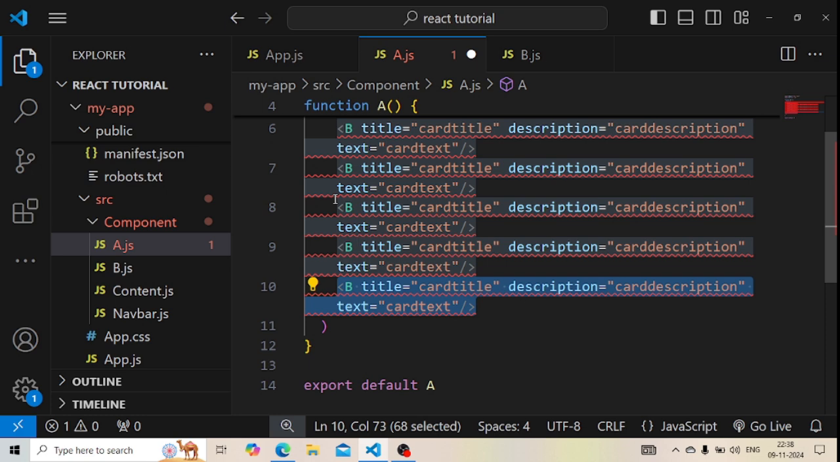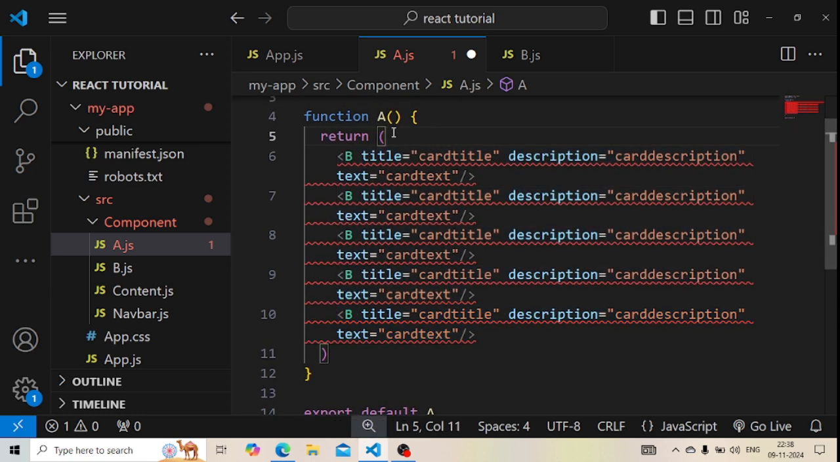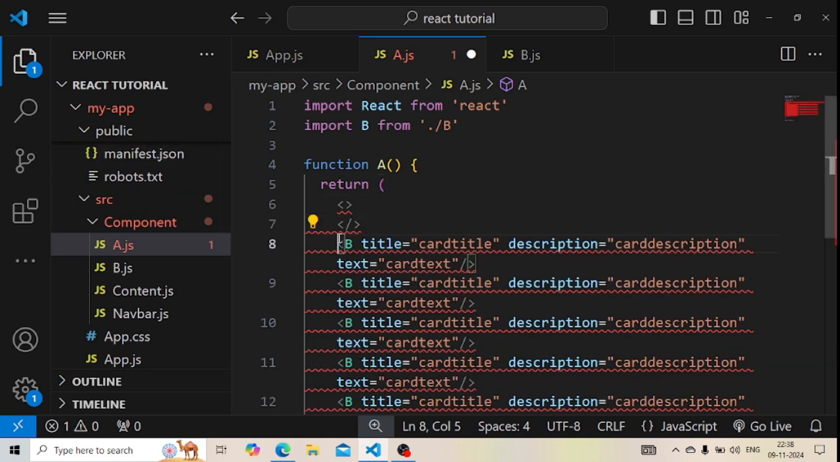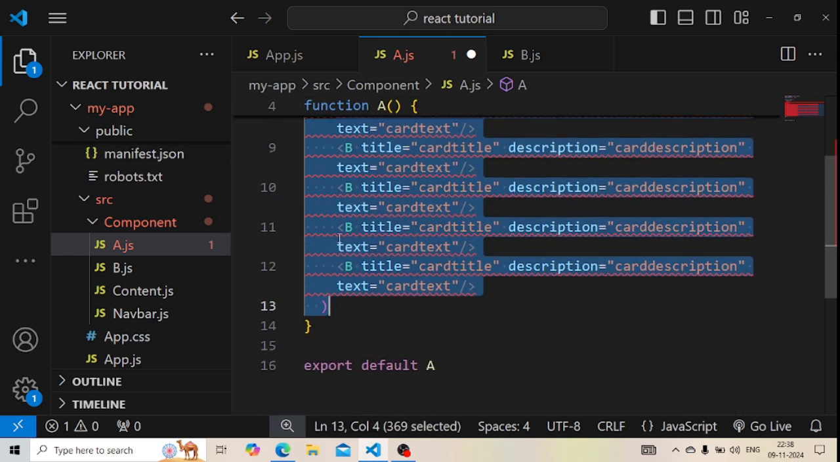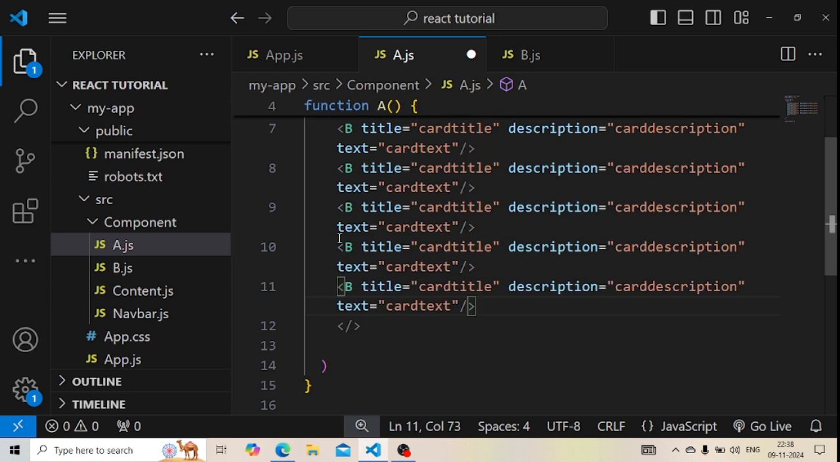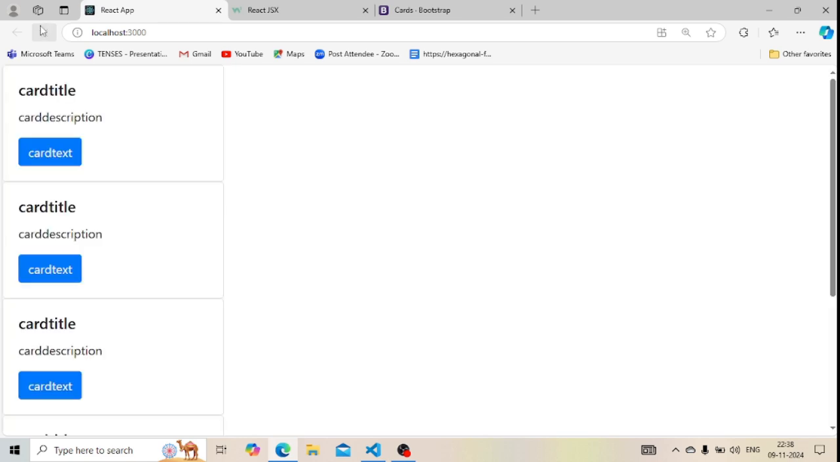Okay, so I've just pasted it 5 times. It is showing an error because we have to wrap them in a single fragment. So I'll just cut this out, Control X, then I'll paste it here. Okay, so now if I save this and get back to the browser and refresh the page, so you can